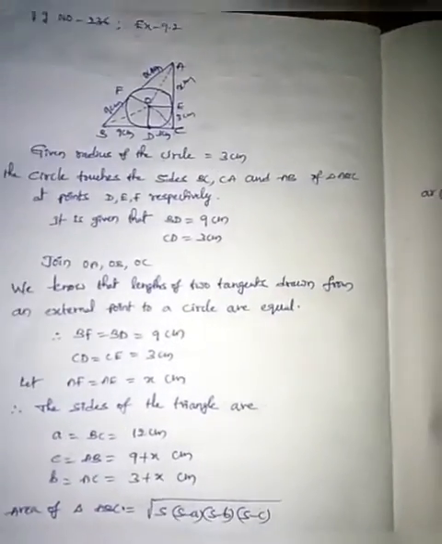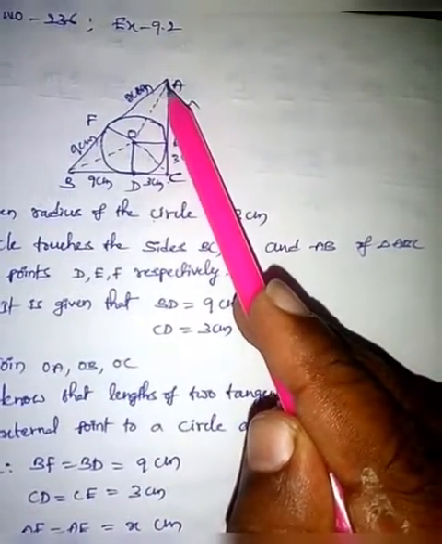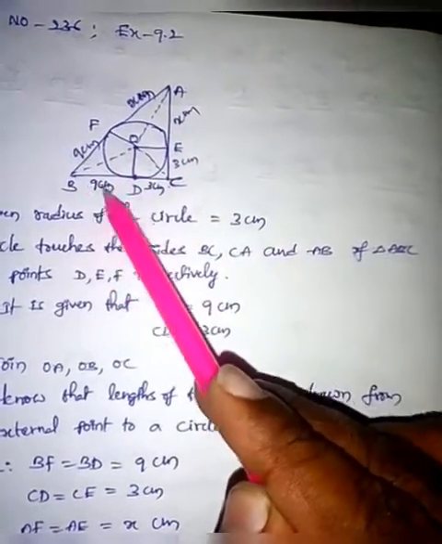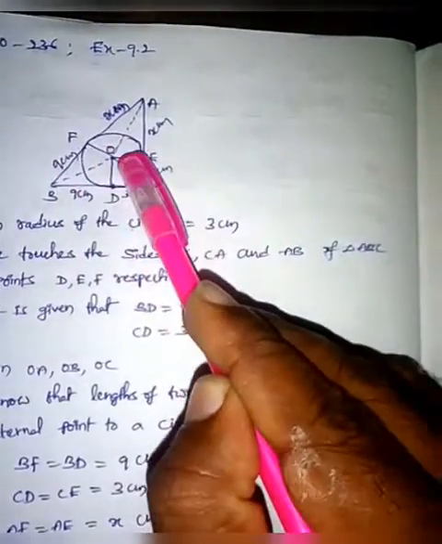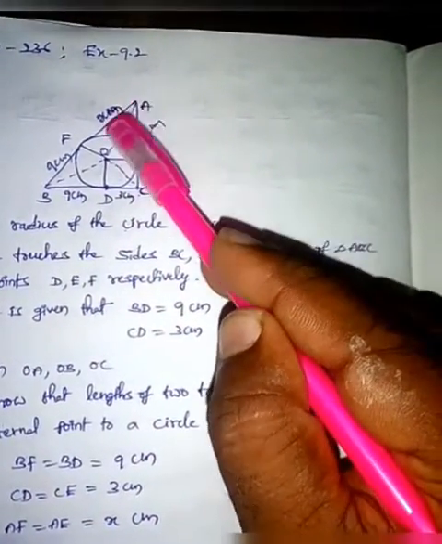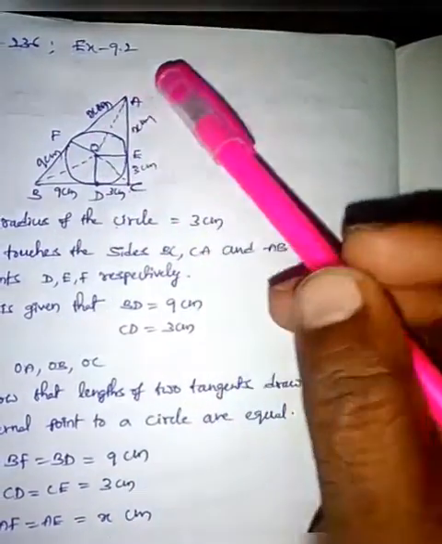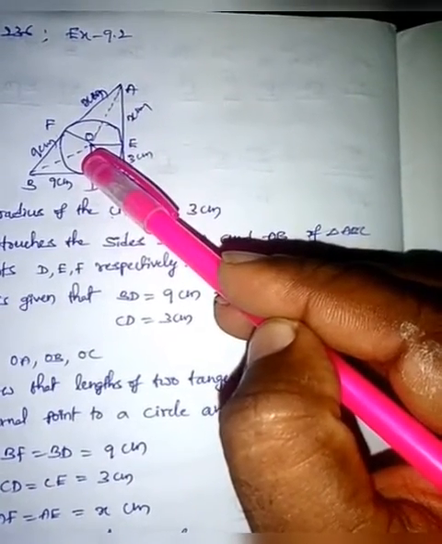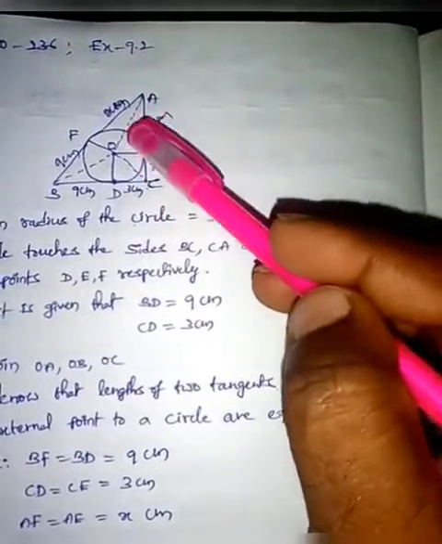In another way we can also calculate the area of triangle ABC. Let's watch it. This entire triangle ABC is divided into three triangles. They are OBC, AOC and AOB. Don't get confused. If you calculate the areas of these three triangles, it will give the result of the entire triangle ABC.